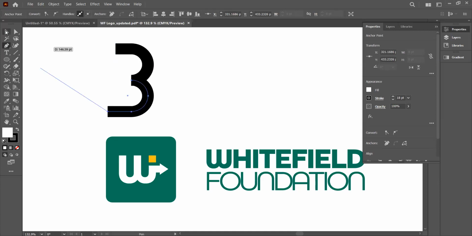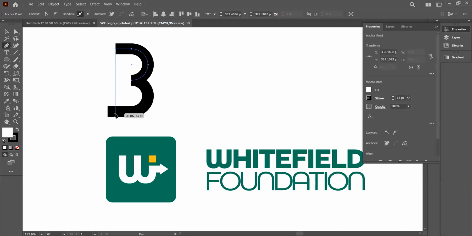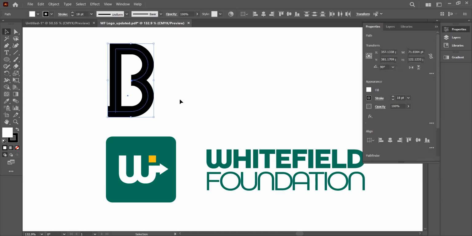Can you see? So now what I want to do is draw B. Then you want to close everything now. Click on this node, bam. Then you drag it down. Can you see? We just created our B. So Illustrator can help you. I can create A to Z with Illustrator because it's a vector-based software, so you work with lines and shapes.